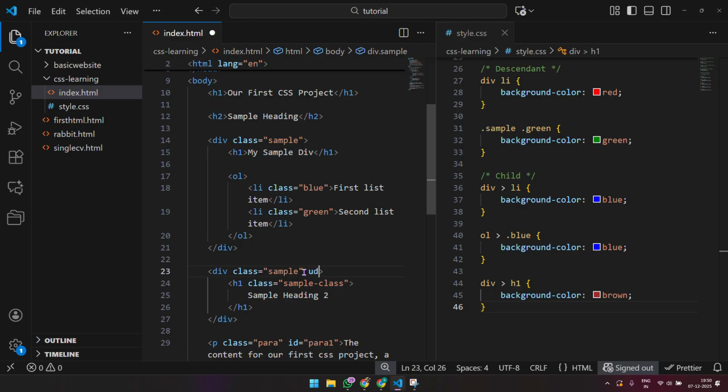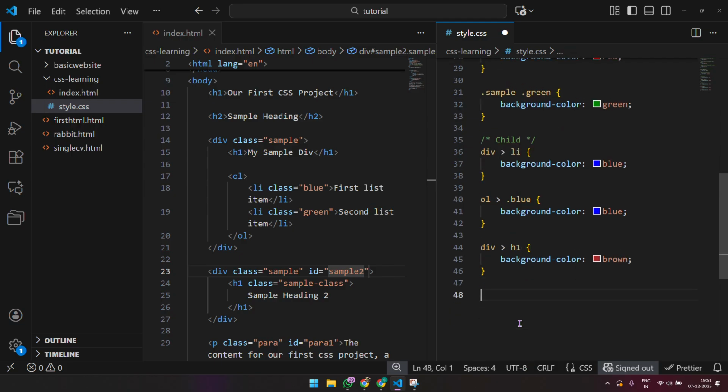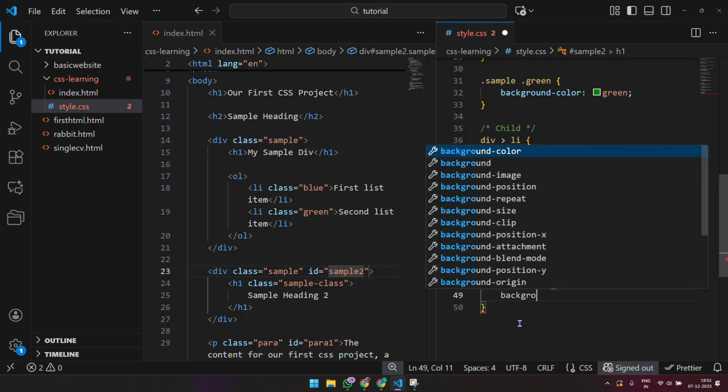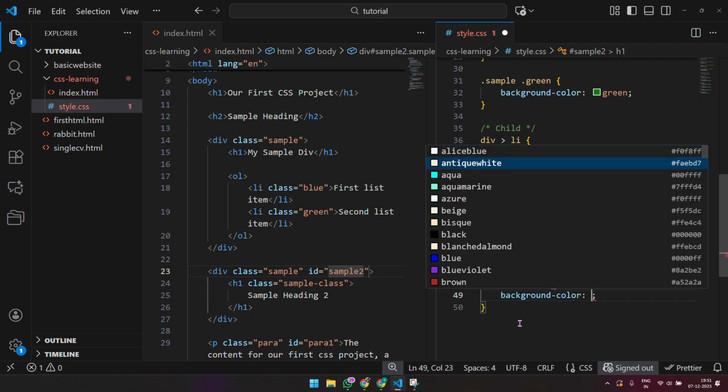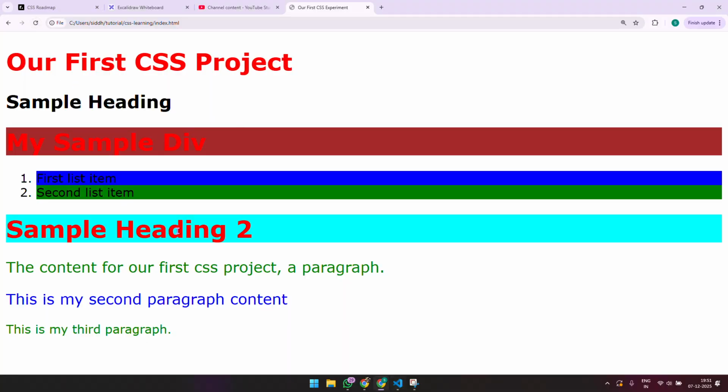But what if I say id equals sample 2 and I save it, and now under my descendant, or a child in fact, I say look for sample 2 IDs that have an h1 tag as their direct children, and they should have a background color of aqua, right? So now this will be turned aqua,